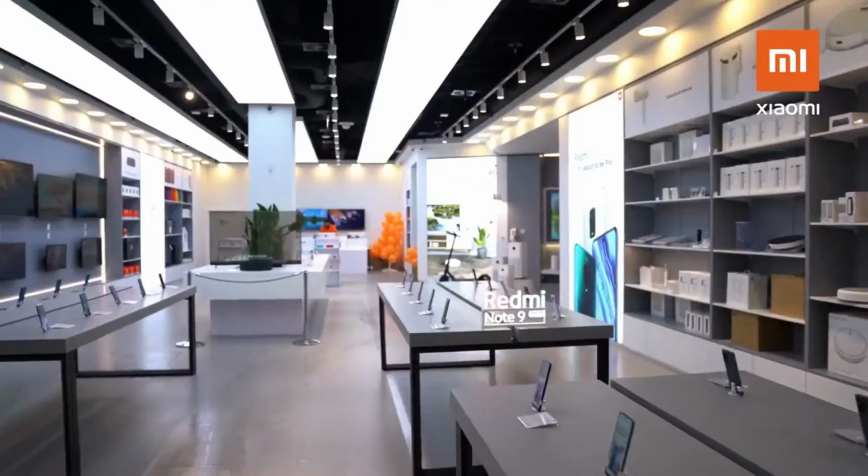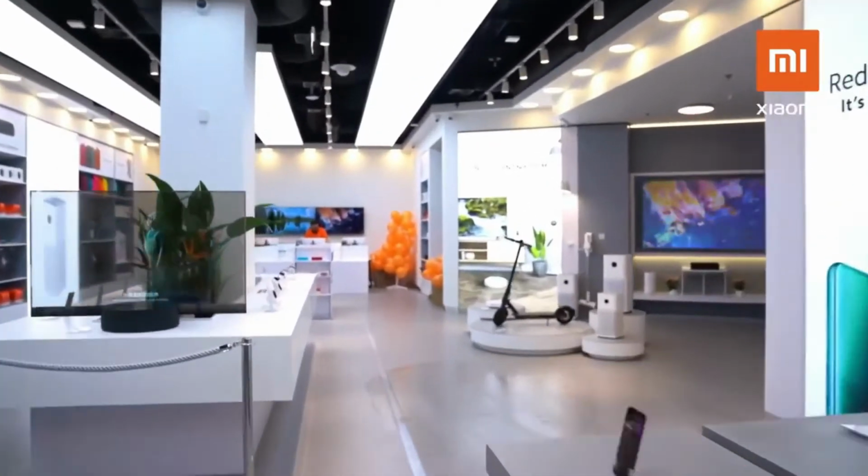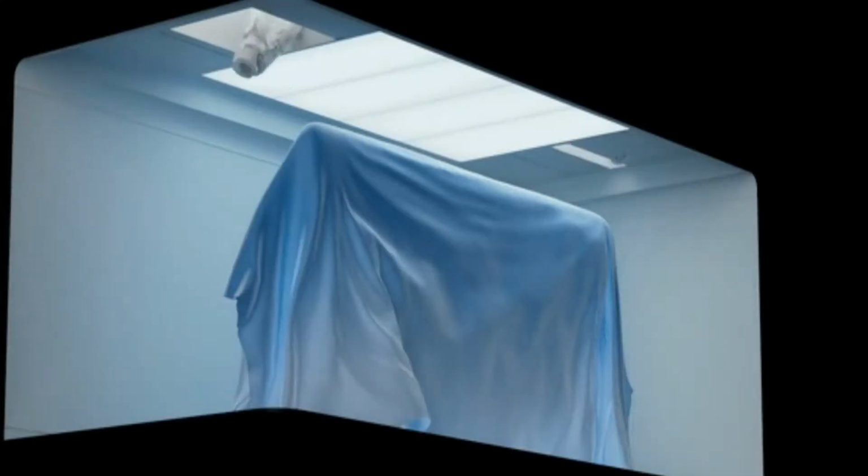What's up guys? So, we are a month away from the official unveiling of the high-end flagship from Xiaomi, the Mi